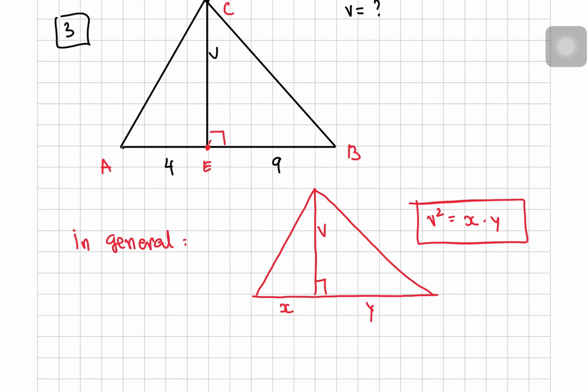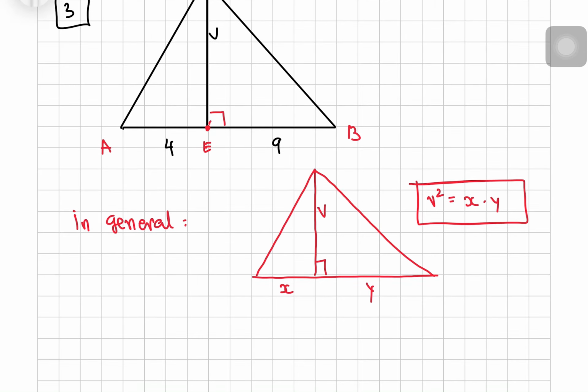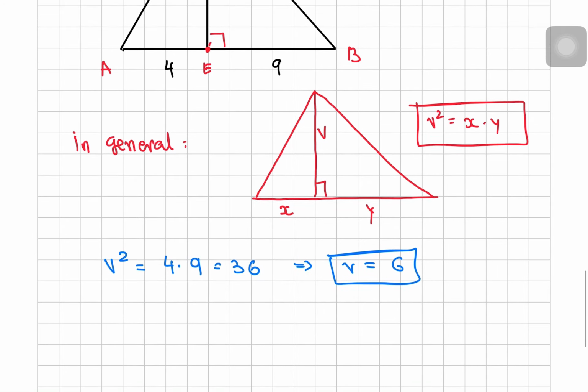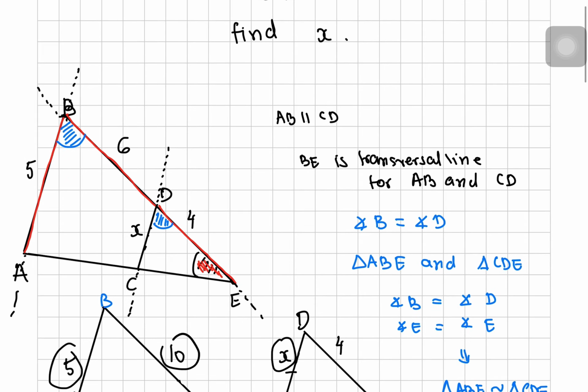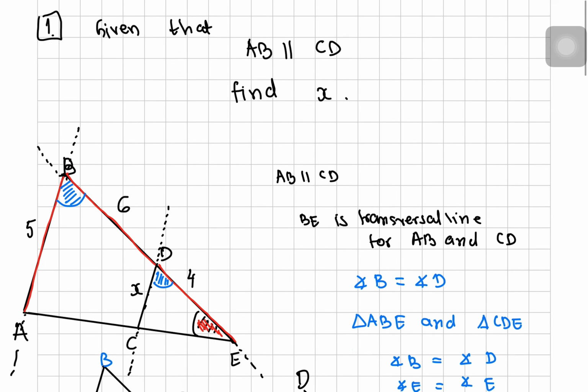And having now this formula in mind, we can simply solve it by applying. So v squared equals 4 times 9, which is 36. So v equals 6. Okay, so those are 3 simple tasks from geometry that can be useful in solving some more